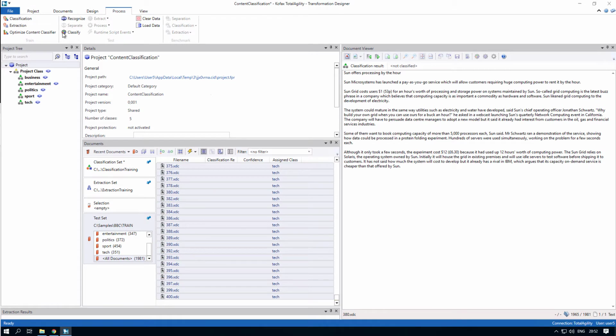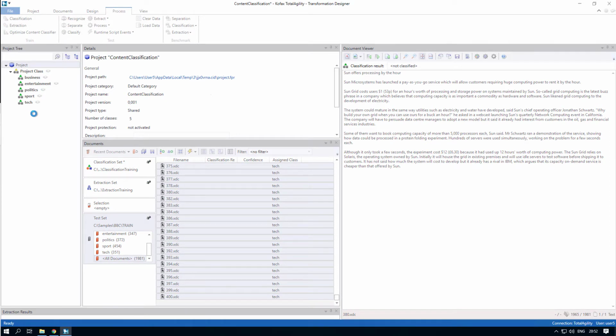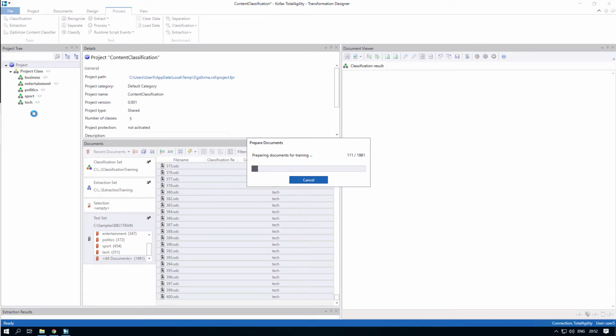Once we've done that, we can train the system for classification based on that input, and of course training that model will take some time as well, but still we're talking milliseconds per document because we're now basing this model on over 2,000 samples. So here you can see how quickly it's able to do that. As said, it's taken a while, but still nothing